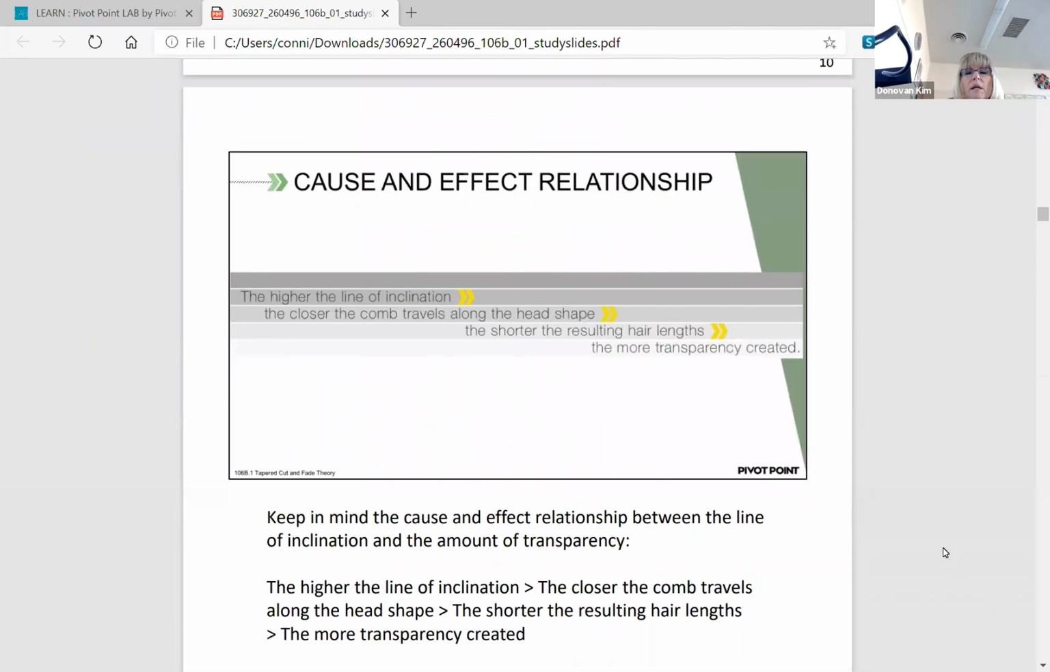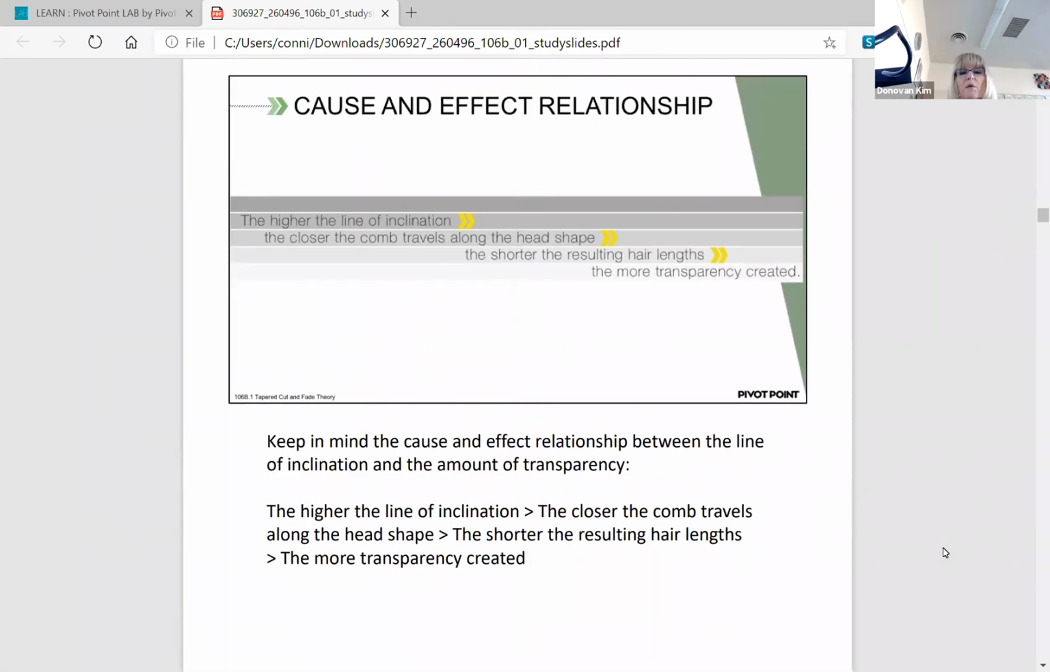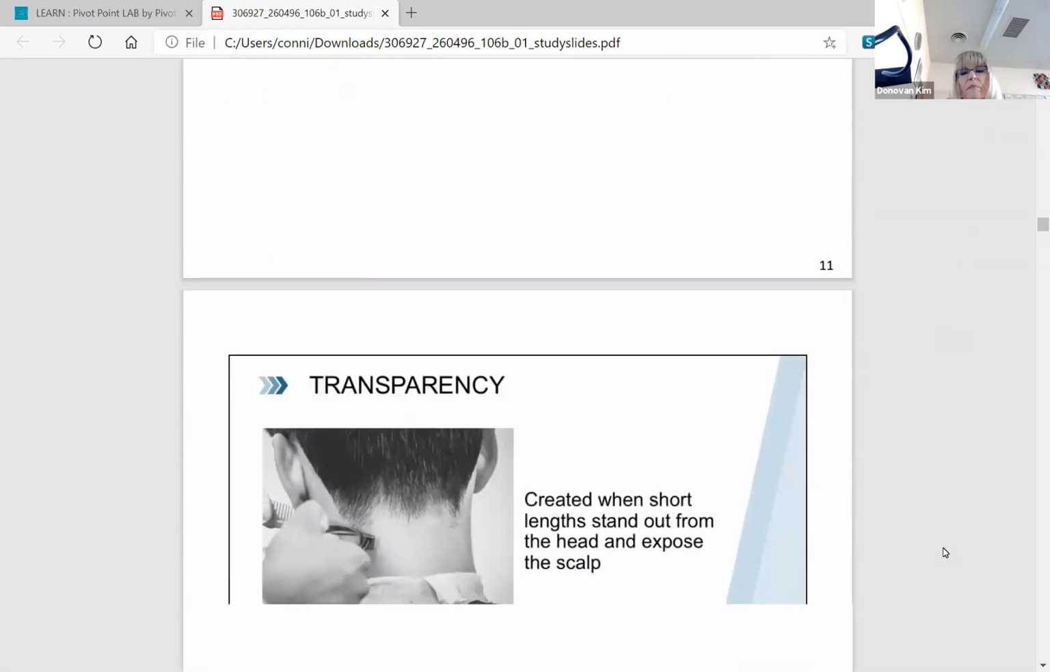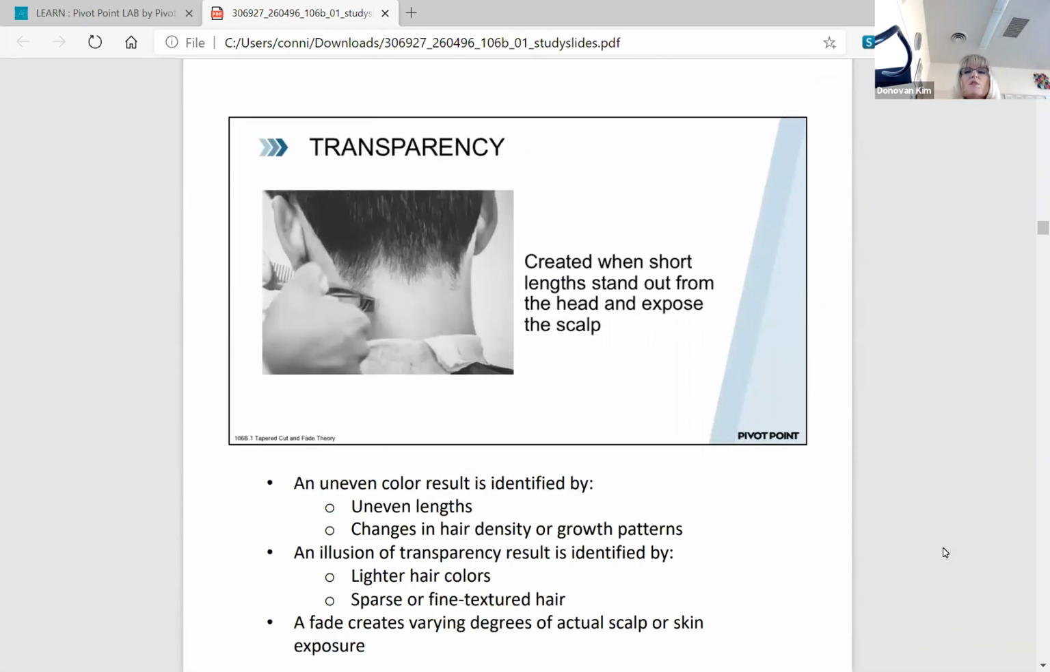Okay, that's the cause and effect there, right? The higher the line, the closer the comb travels, the shorter the result of the hair lengths, the more transparency is created. That should make pretty much good sense, right? So the transparency is created when short lengths stand out from the head and expose the scalp. So if you are doing this and the color of the hair looks uneven, you're going to have uneven lengths. Or it could come from changes of hair density